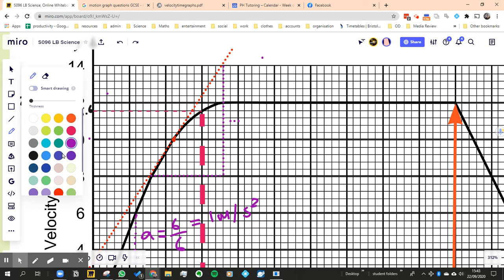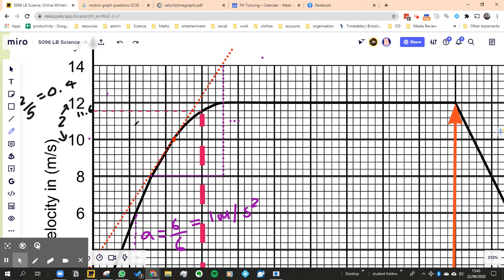I'm working out the gradient of this slope. So the change in y is 14 take away 8, which is 6 meters per second, because that's what y is measuring. The change in x is equal to,